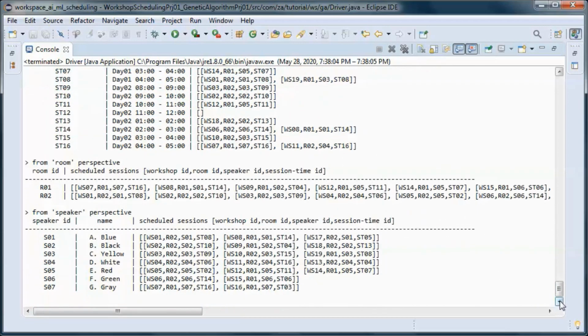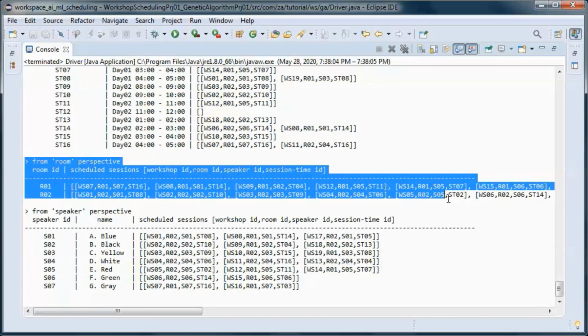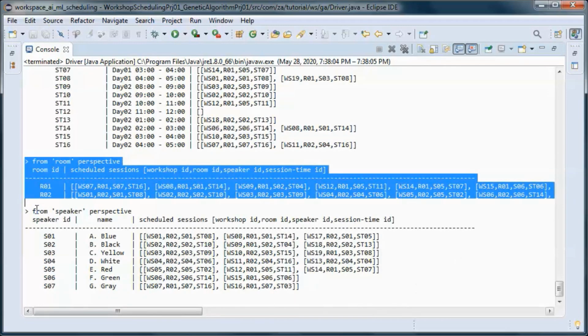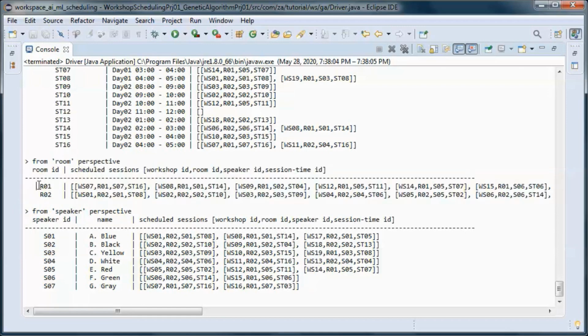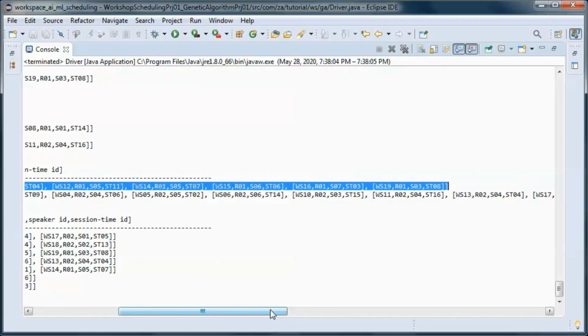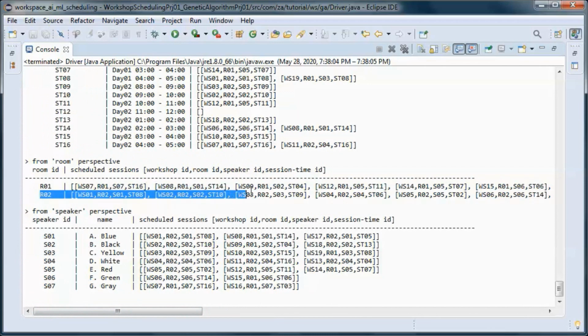And this is the solution from the room perspective. So room 01 has those workshops scheduled, and room 02 has those.